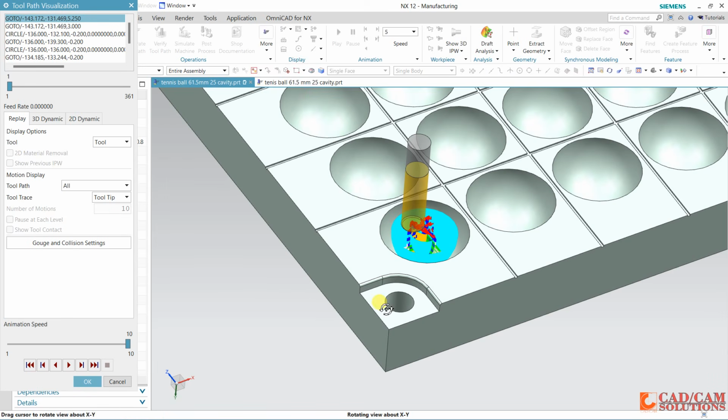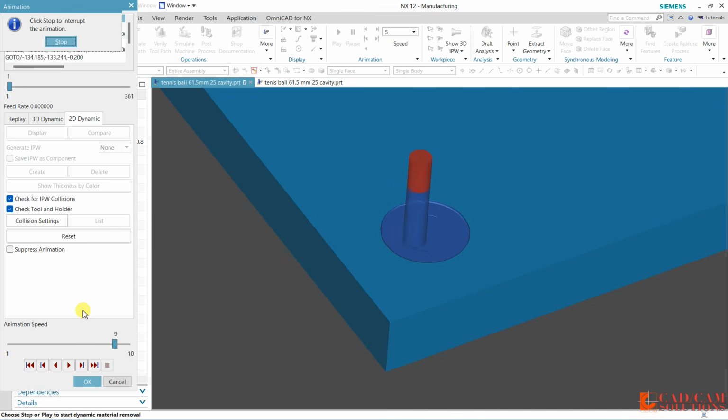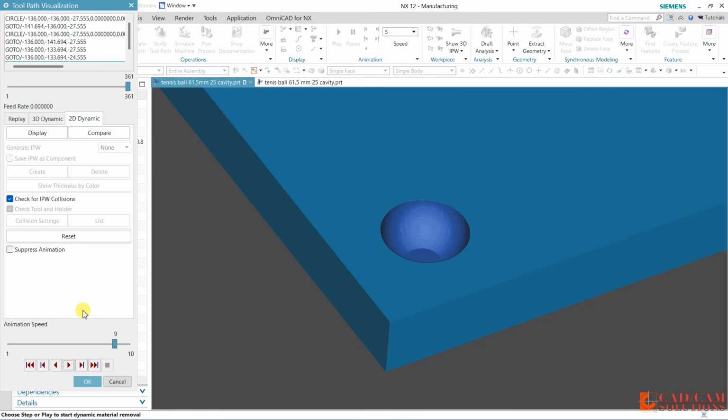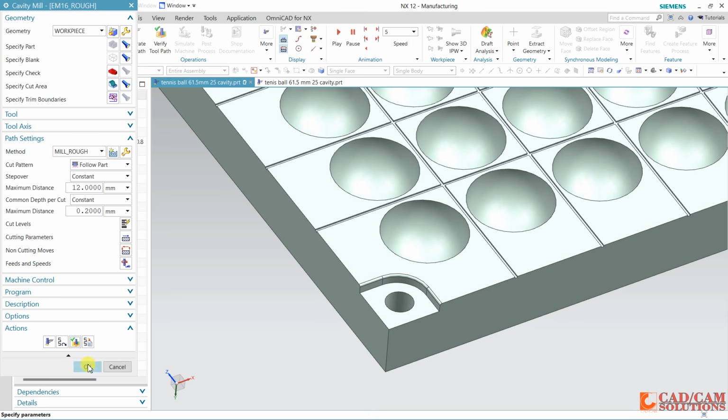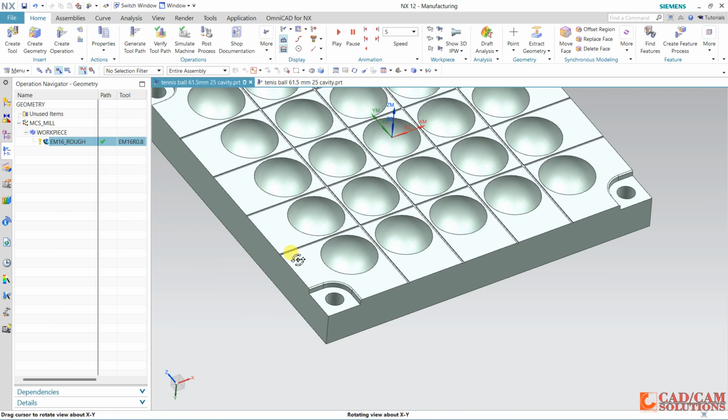Zoom it and dynamic, let's play. Okay, and this is the roughing operation.